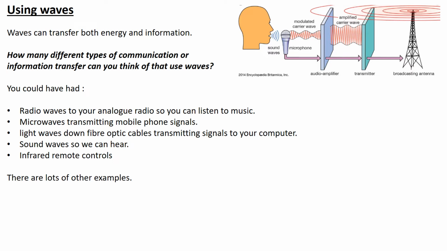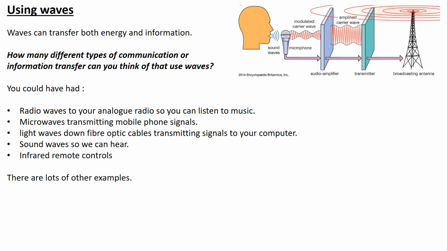These are the 5 examples that you need to know. First of all, we've got radio waves. If we're talking about analog radio, that's where you scan through and find a radio station, and it can be a little bit crackly. The stronger the signal, the closer you are to the true wavelength, the clearer the sound is. Microwaves,